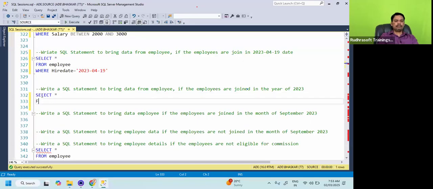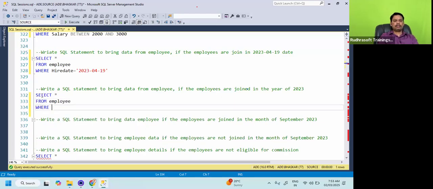SELECT star FROM employee WHERE hire date greater than or equal to 01-01-2023 AND